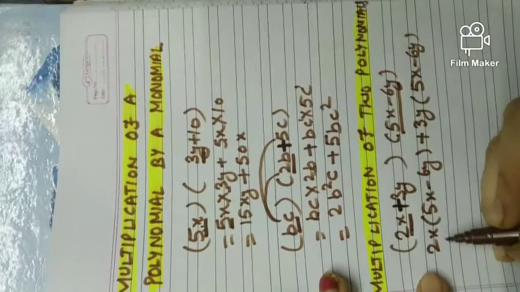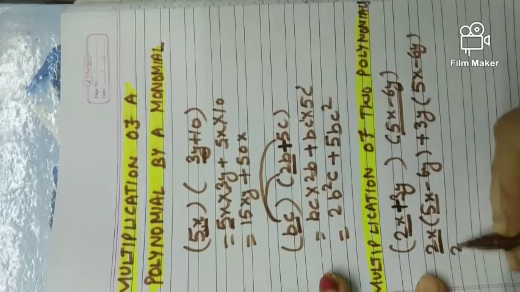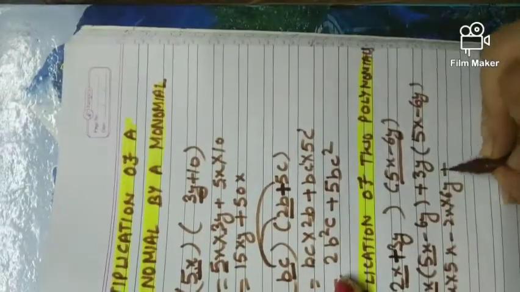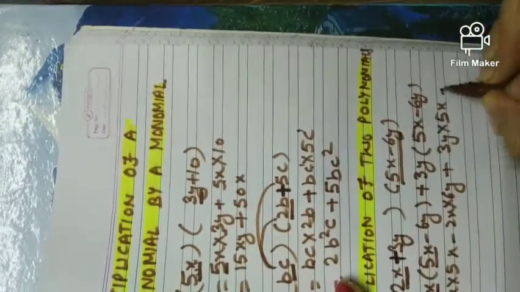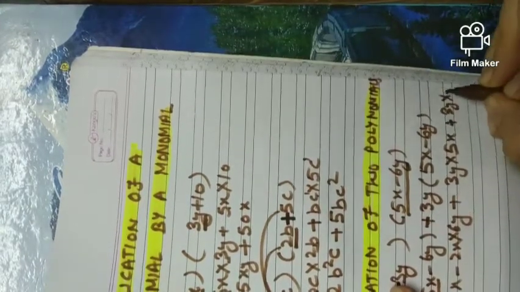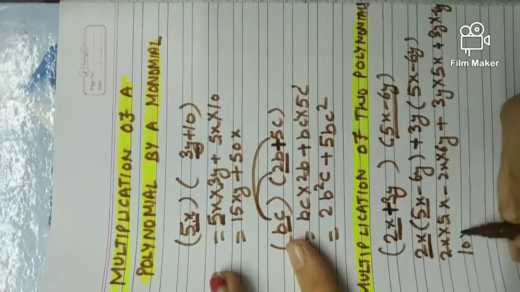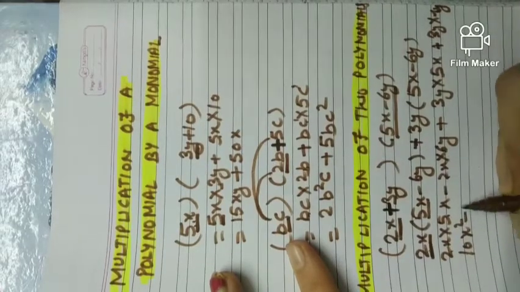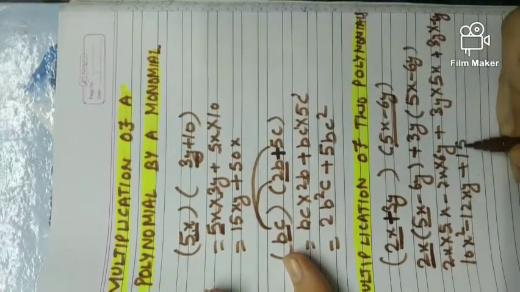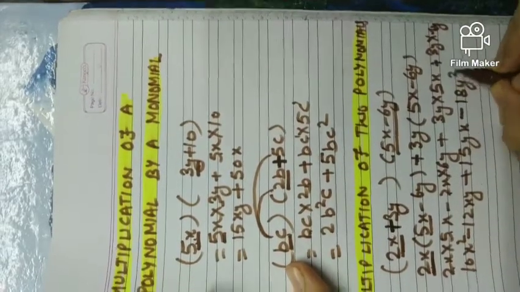Okay. Now you do. How were we doing multiplication of a monomial with a binomial? This 2x will be multiplied with both the terms. So 2x into 5x minus 2x into 6y. Right. Here, beta, 3y into 5x, plus sign is there, so plus 3y into minus 6y. Okay beta, now you do. See, 2 into 5, 10, x with x, x square. Minus 2 sixes are 12 and xy. This will be 3 fives are 15 and yx. And this will be 3 into minus 6, minus 18, y into y, y square.